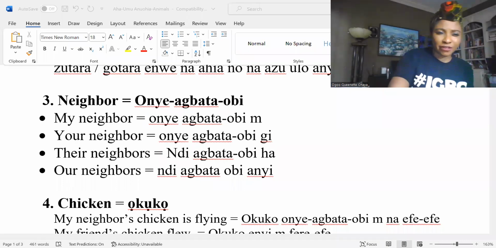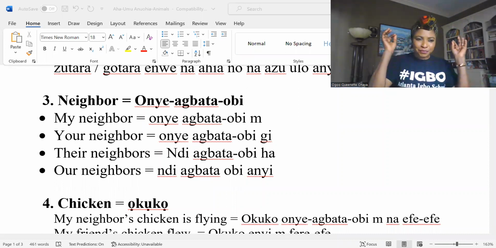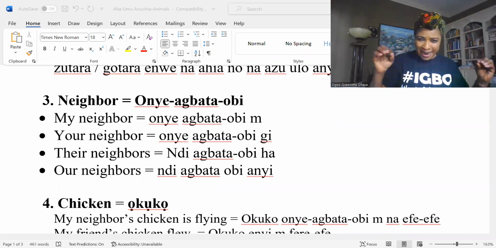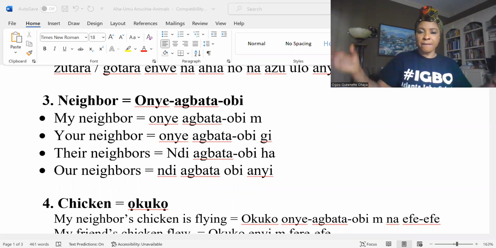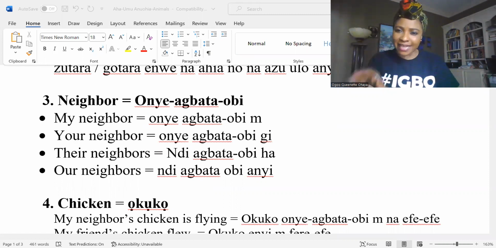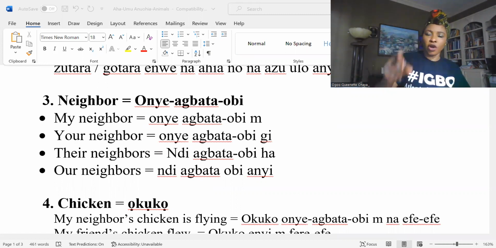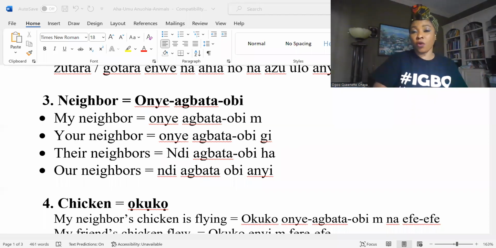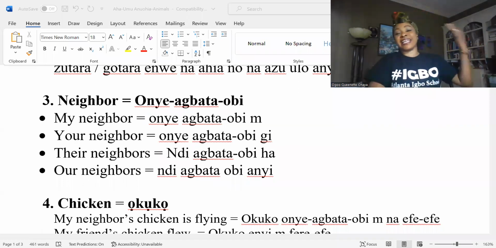Okay, everybody. So we are talking about neighbor. When you say my neighbor, you have to put that M there. My neighbor, onye agbata obim. My mom, my mom. So that M should be there because it's possessive. Now, when I say your neighbor, I say onye agbata obi gi, because I'm talking to you. Onye agbata obi gi means you, okay? When I say their neighbor, onye agbata obi ha